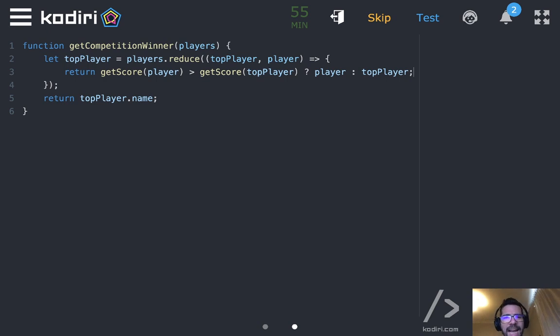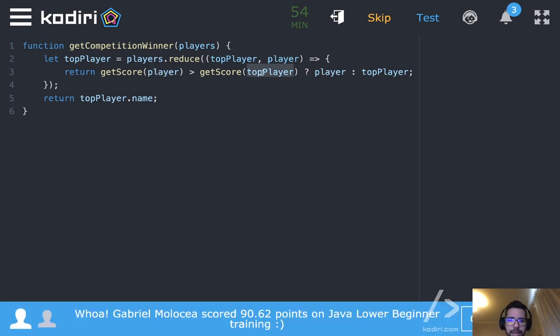I'm going to iterate through all the players, and then I will compare the score associated with each player. If a given player has a higher score than whoever was on top at that moment, then the new top player will be that one. If not, we will keep the top player as it was.